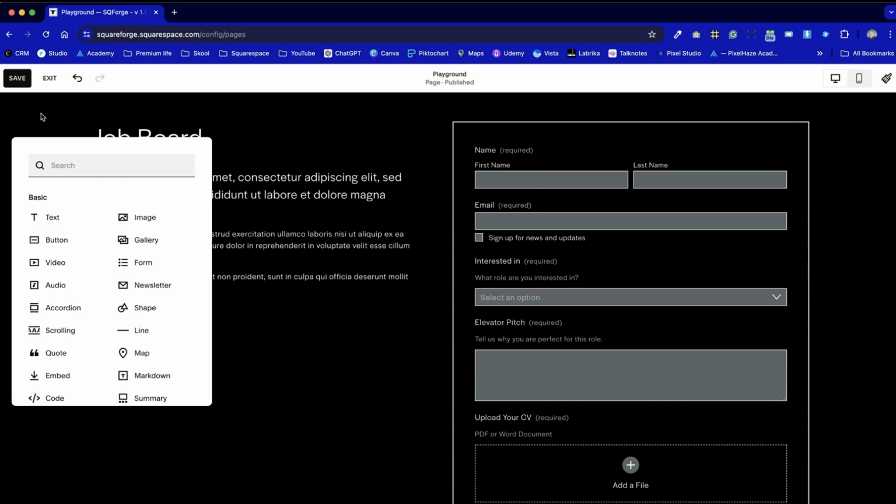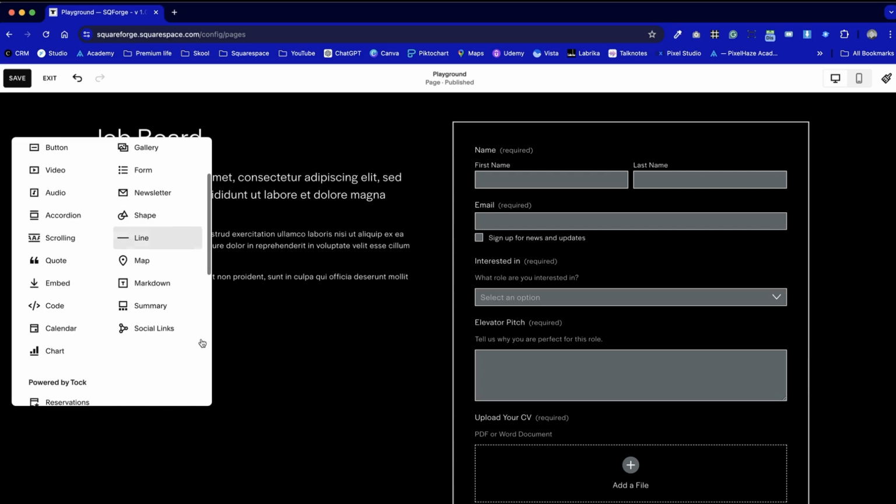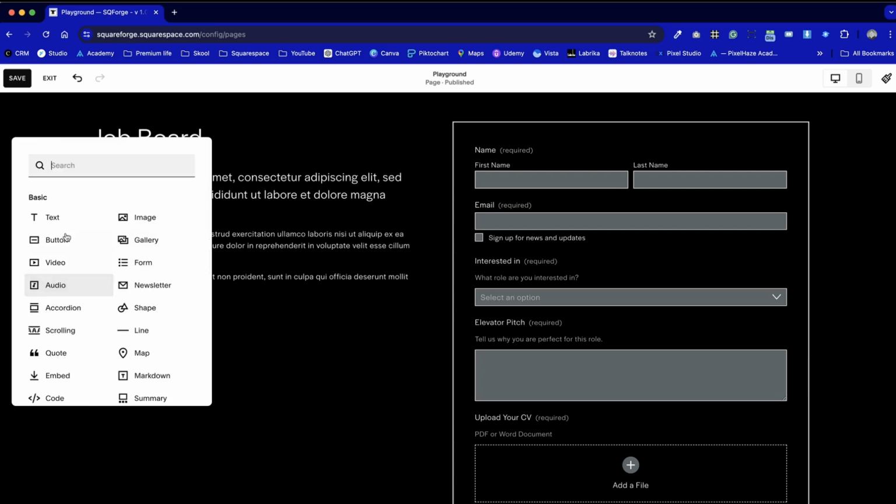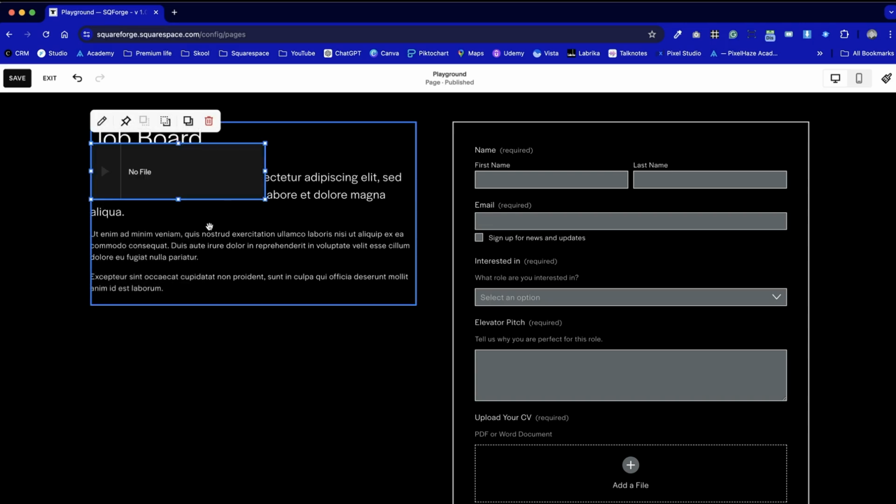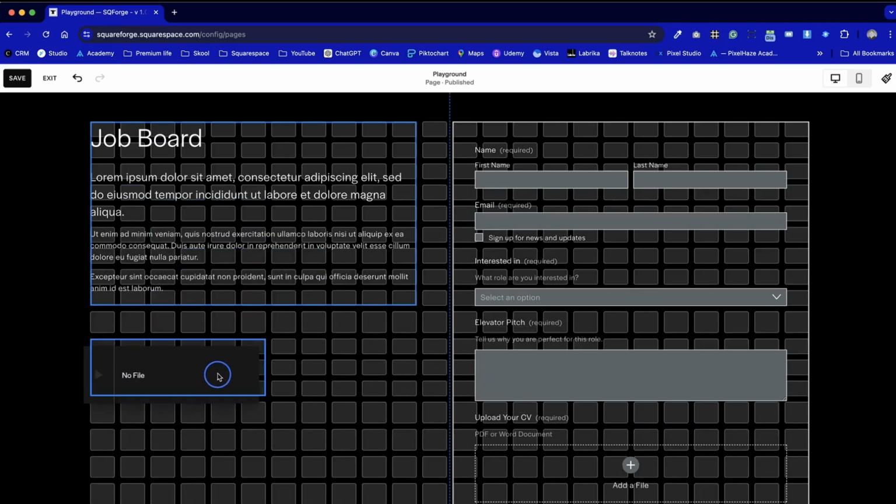And one thing to remember is that when we add a block, we cannot move it from one section to another. So double check that you're in the right section first. And when you are, scroll down here to the audio option and select that. Alternatively, you can search for the option that you want. As we're going to add an audio block, I'm going to click on that, and then I'm going to move